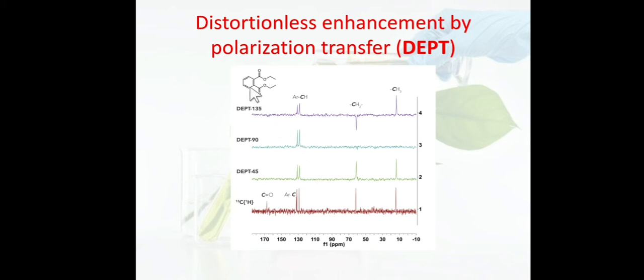So you can see here that only aromatic carbons are seen in the DEPT 90, only CH protons. And DEPT 135 is very important and useful because in DEPT 135, CH and CH3 are in positive phase, whereas CH2 is in negative phase. So this is how this DEPT technique is helping us to identify the different structures of natural products.